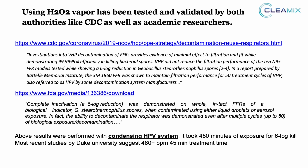In some of the earlier tests, it was concluded that with a condensing hydrogen peroxide system, it took up to 480 minutes. How much is that? Is it 8 hours, 6 hours, something like that, for a 6-log kill, which means the full kill on the target. Now, more recent studies by Duke University suggest that 480 or more ppm for 45 minutes